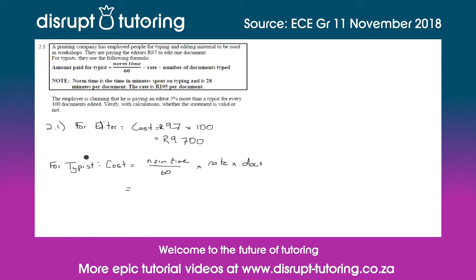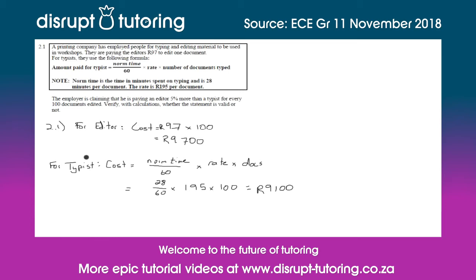They've said that it's 28 minutes per document, so it'll be 28 divided by 60 multiplied by their rate, which they said is 195. So 195 multiplied by 100, because there are 100 documents. You put all of this into your calculator, and so 28 divided by 60 multiplied by 195 multiplied by 100 comes to a grand total of